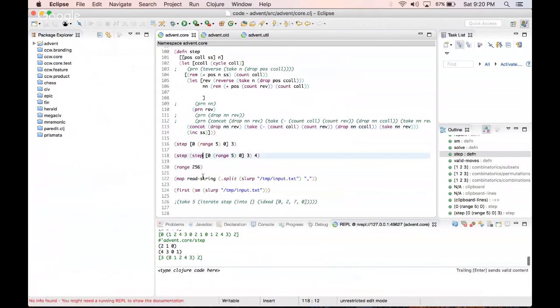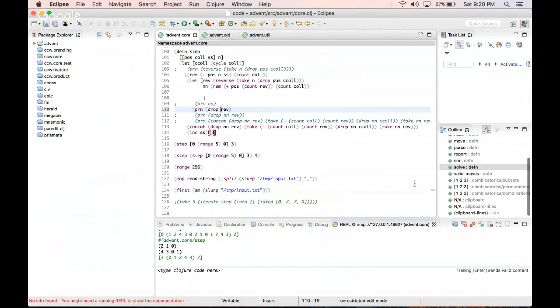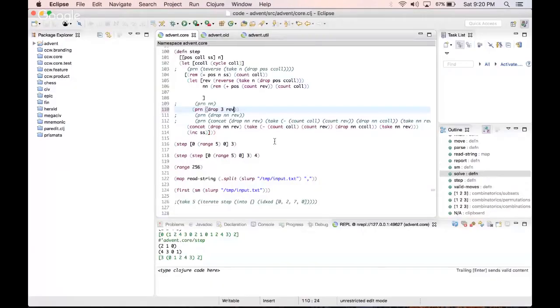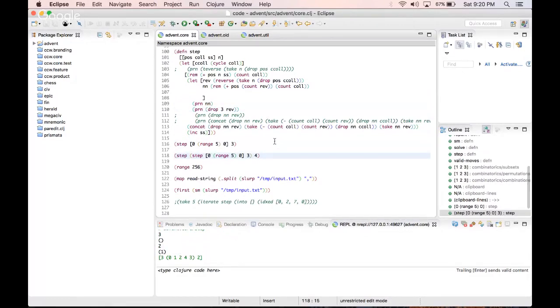All right. So here we go. Here's the reversed thing. In order to produce this, we have to drop 3 here. Oh, maybe that's what it is. And n needs to be like, we got to increment this by 1, maybe? Take n. Well, maybe